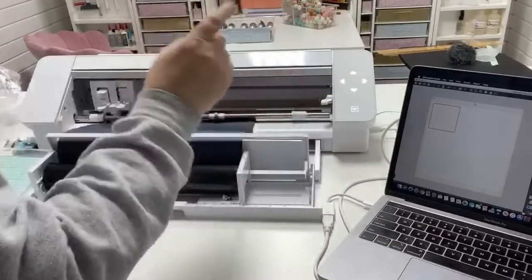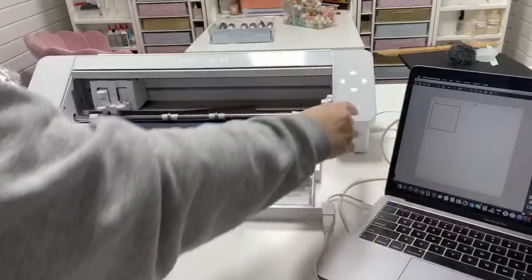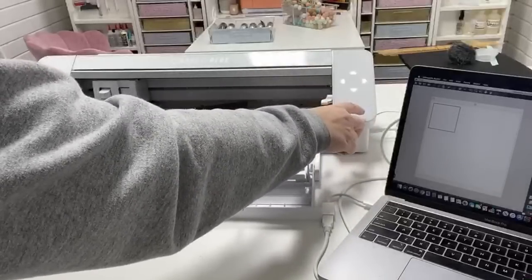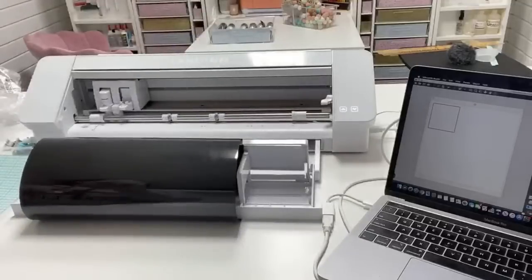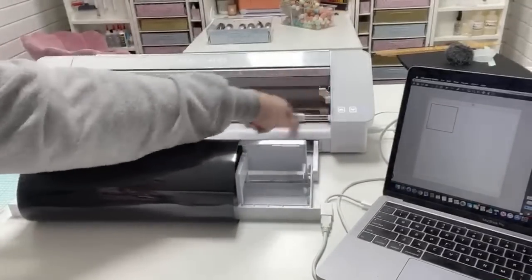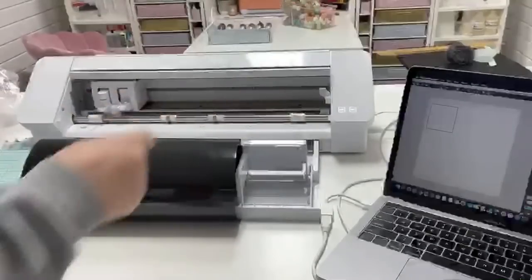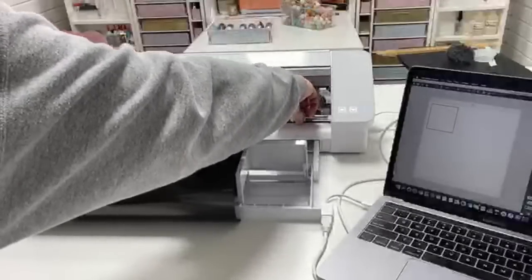And also, I didn't put the bar down. So I'm going to back it back up. Okay. Back it up. There we go. So I just noticed when we unboxed this, I forgot to mention, so that way before you guys mess up: this bar right here, y'all can lift up and down, and that's for bigger material and moving down these little bolts here. So one thing we want to do is we want to move this in, and I thought